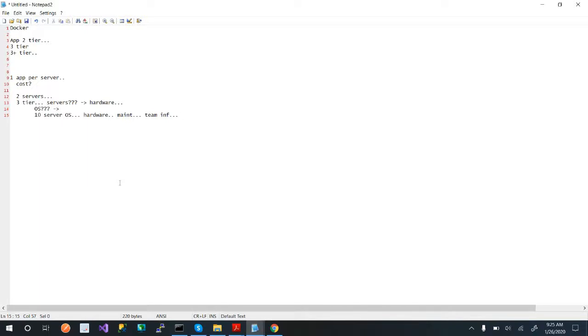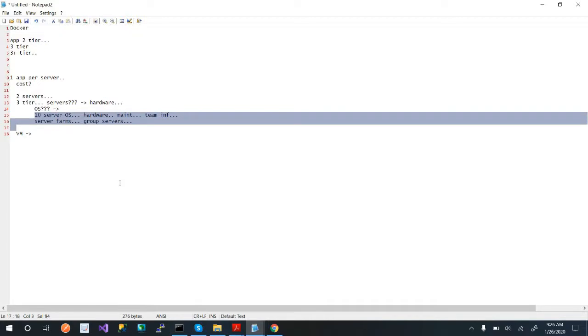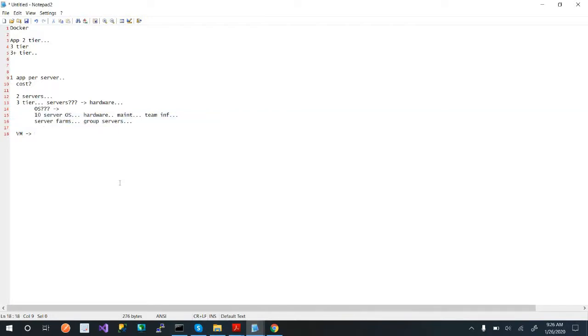And then we moved into more what we call server farms, right? And a server farm really is just a group of servers. Now, again, this got very costly. And then we came out, I can't think who it was, but then we moved into the VM world. Now, the VM world really resolved a lot of these issues because we no longer needed to buy these physical hard servers to run all this different stuff. Now we can buy fewer servers to run the applications.